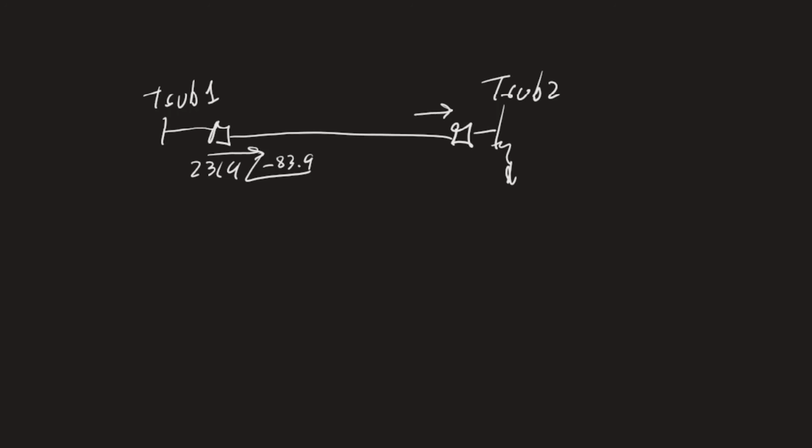And we also have on the other side the exact same current, 2314 angle minus 83.9, and this, of course, is amps and amps over here. So what we can do is just add up the two currents together to calculate the differential current. I'm going to define IDIF as the addition of those two currents. So I have 2314 angle minus 83.9,